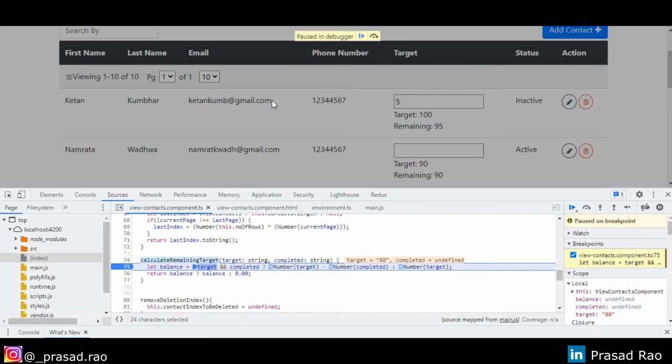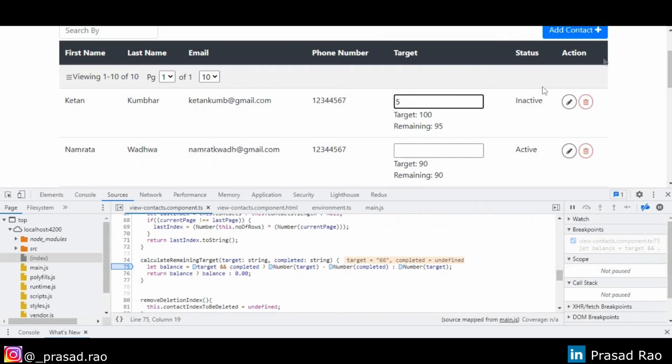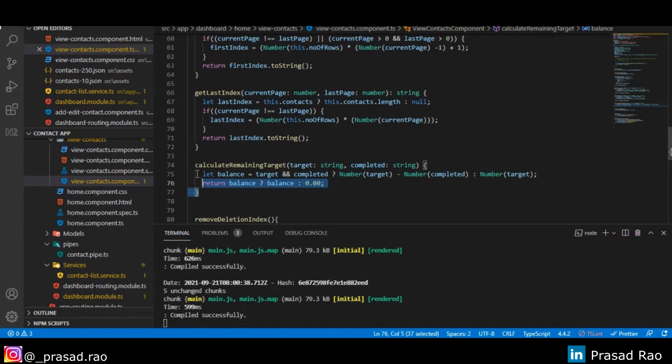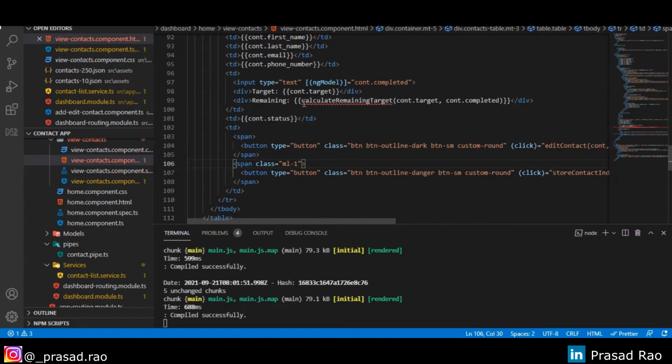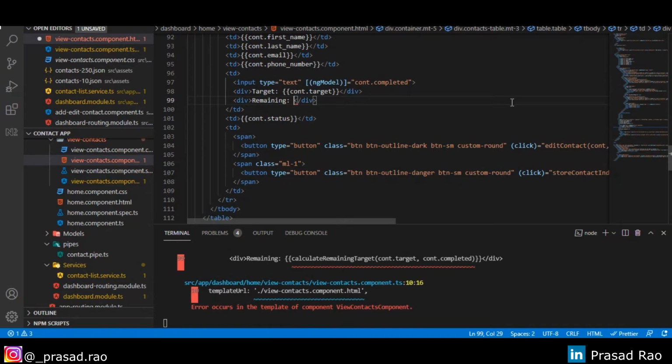If we have 1000 rows, this function will be called 1000 times, which is not recommended. To avoid this, we can create a custom pipe. So let's remove this from the component as this is not required, and remove it from the Angular expression.